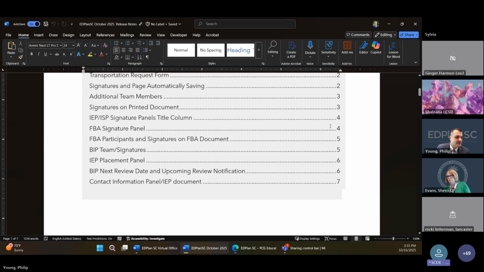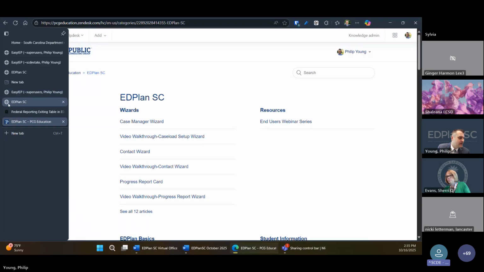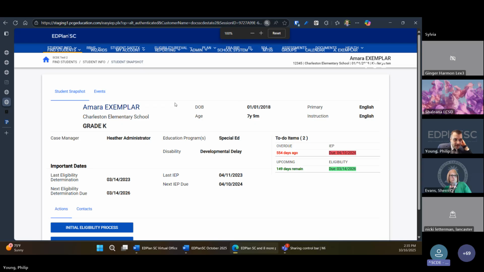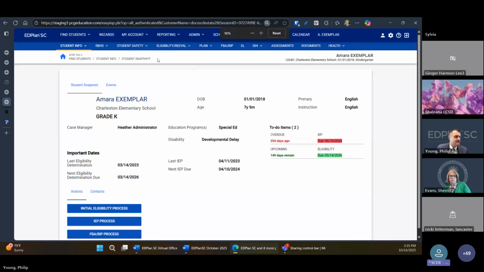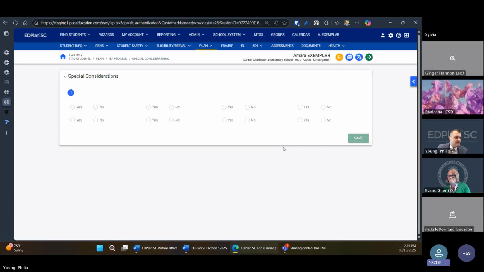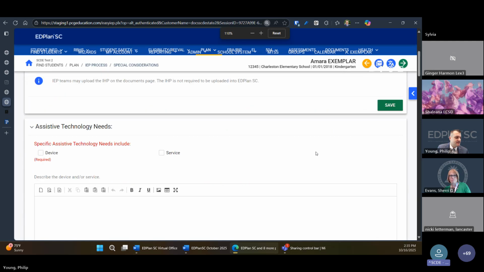The first one is the transportation request form. There's been a change related to that, so I'm going to come over to our staging site. I'm in a student, and I'll talk through what this change is. I'm going to come into special considerations, and I've got yes next to transportation.